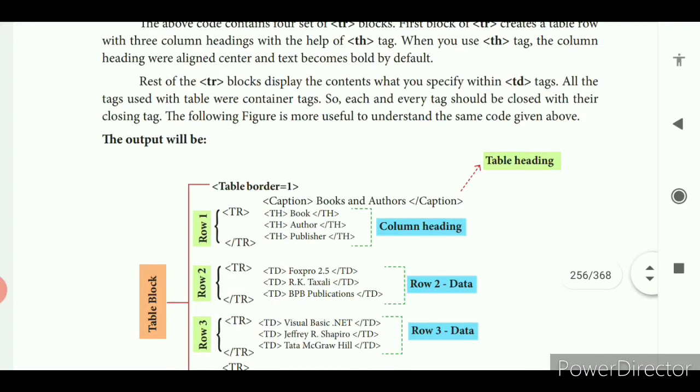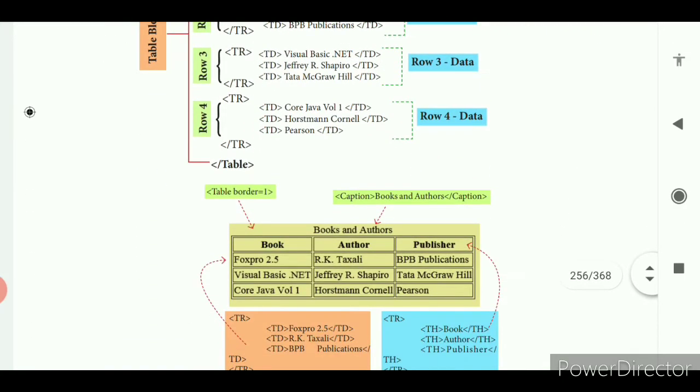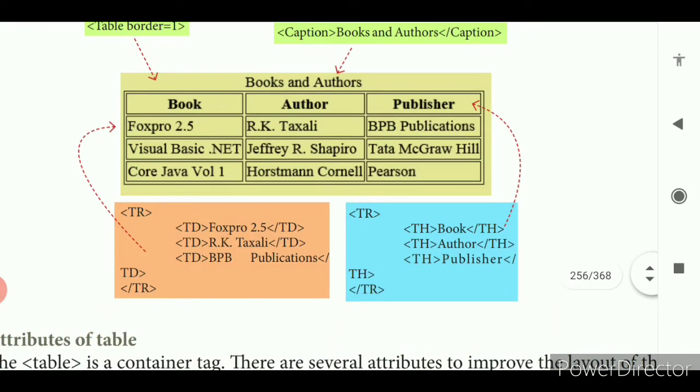Here you see this is the table. It consists of rows and columns. The horizontal lines are called the rows, and the vertical lines are called the columns. The book and author heading comes in the caption, that is the title of the table.